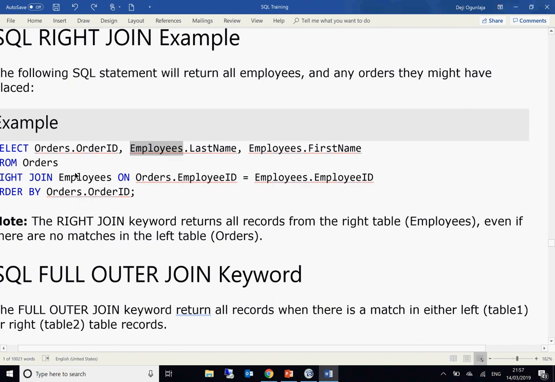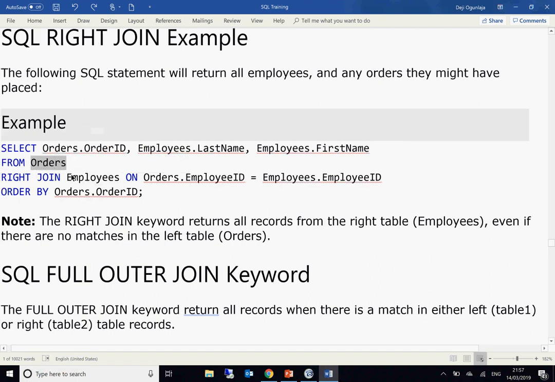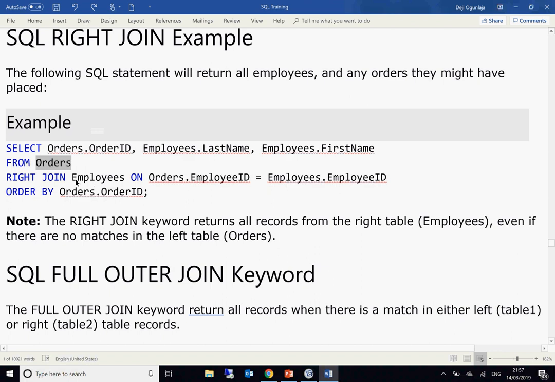With the right join, employees might have some null data, but we are saying orders, because that's the first one. If you are joining with the right join, the table at the right hand will return all